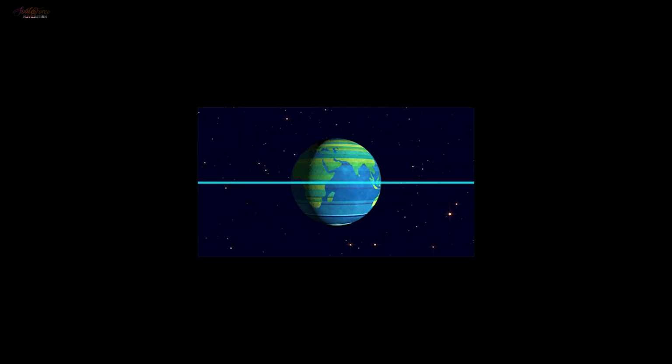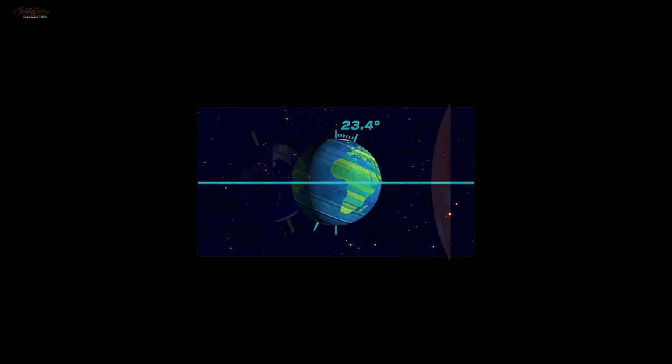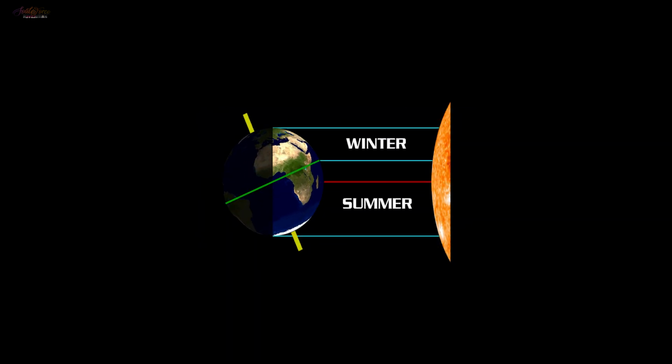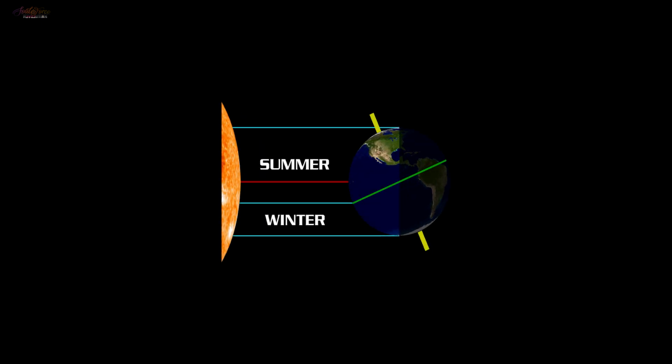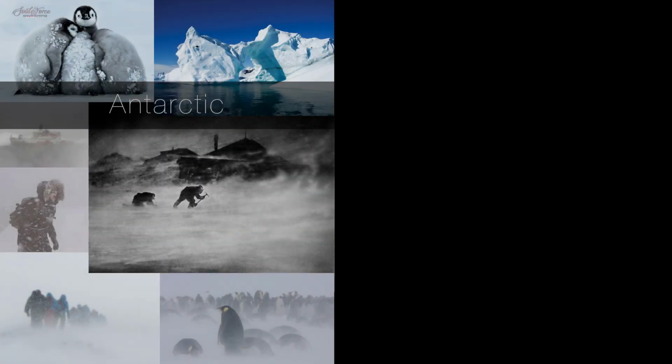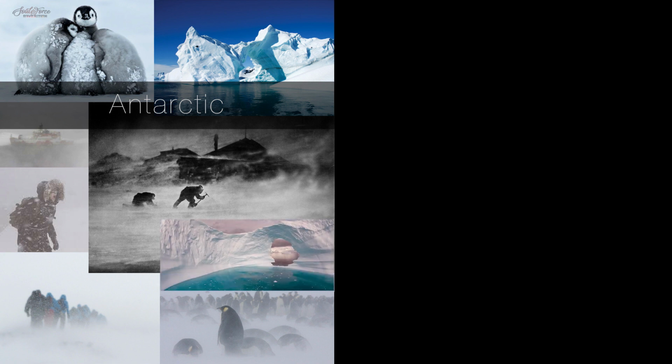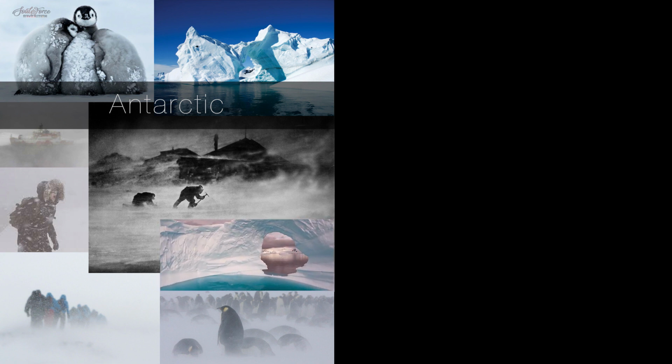The seasons on a globe Earth are explained by a tilt of the Earth toward or away from the Sun. If this was the case, the Arctic and Antarctic would be very similar in climate, but they are very different. Antarctica is by far the coldest place on Earth with an average annual temperature of approximately -57 degrees Fahrenheit and a record low of